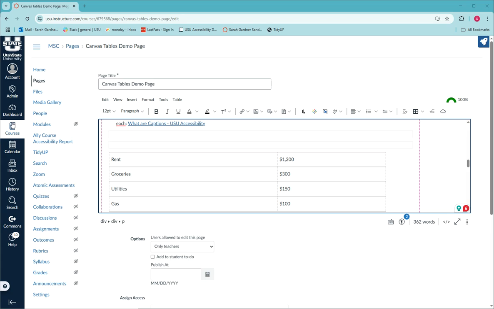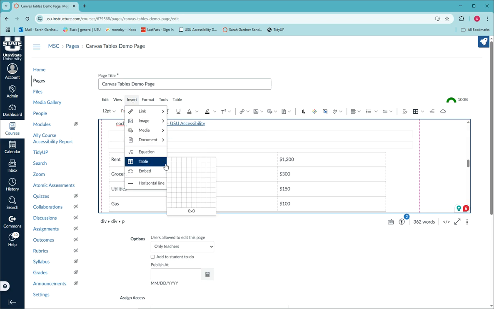to convey your info. Tables should be used for tabular data, where there are row or column headings and a clear relationship between the data, and not just for visual layout purposes. In Canvas, you can insert a table by selecting Insert from the toolbar and choosing the number of rows and